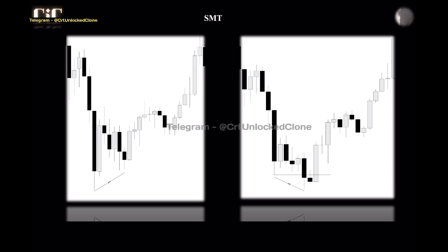Right, so in plain English, SMT is one asset class taking the low, and the other asset class is not taking the low, which indicates weakness in this asset class and indicates the lack of desire to go any lower, right? So this is the cheapest they want to offer this asset class. Right, so